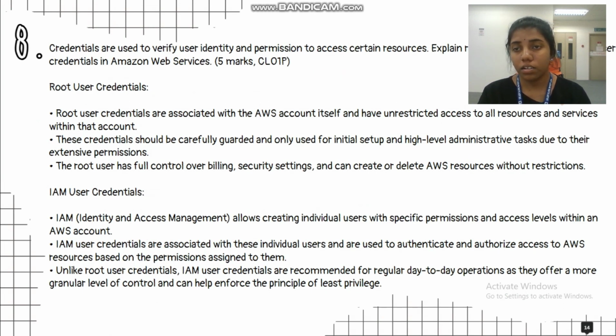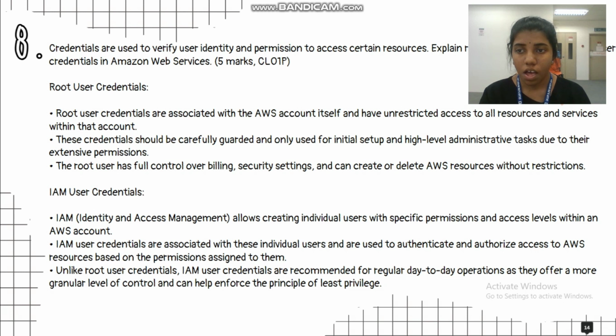It's about credentials, which are used to verify user identity and permission to access certain resources. Explain root user credentials and IAM user credentials in Amazon Web Services. So the first one is root user credentials. Root user credentials are associated with the AWS account itself and have unrestricted access to all resources and services within